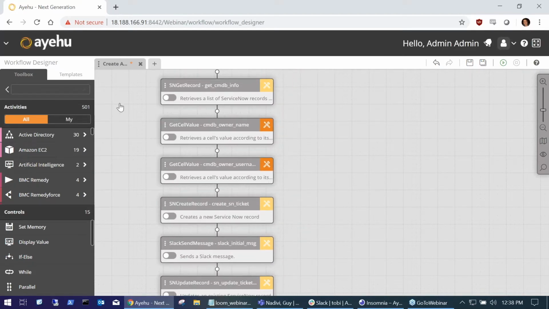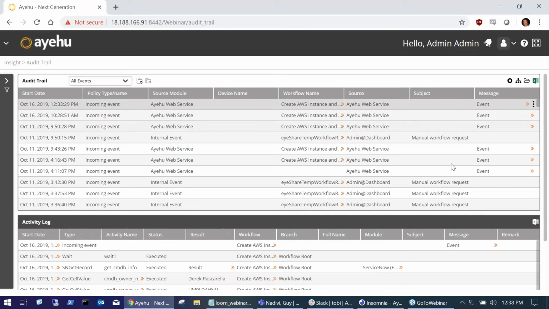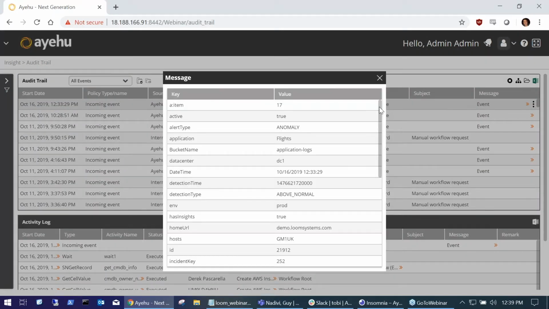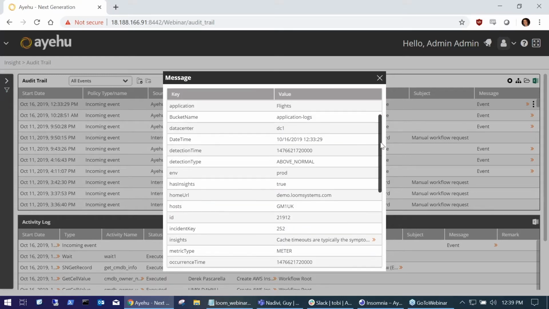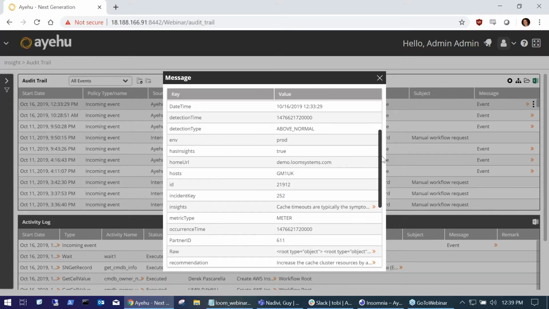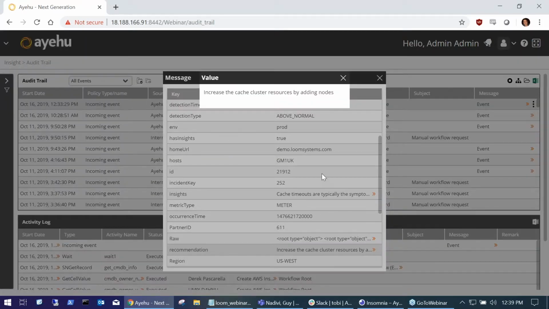So having seen the workflow designer and all of the bits and pieces that make up this remediation process, and having seen the audit trail where the event came in live to our system, which, by the way, let me show you how that looks. This is the entire metadata message coming from Loom, pre-parsed. All of the key value pairs are here. And our system looks for the recommendation field right here,